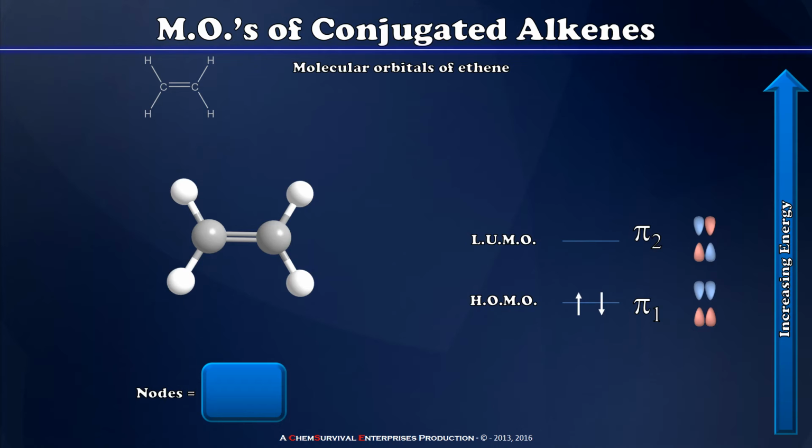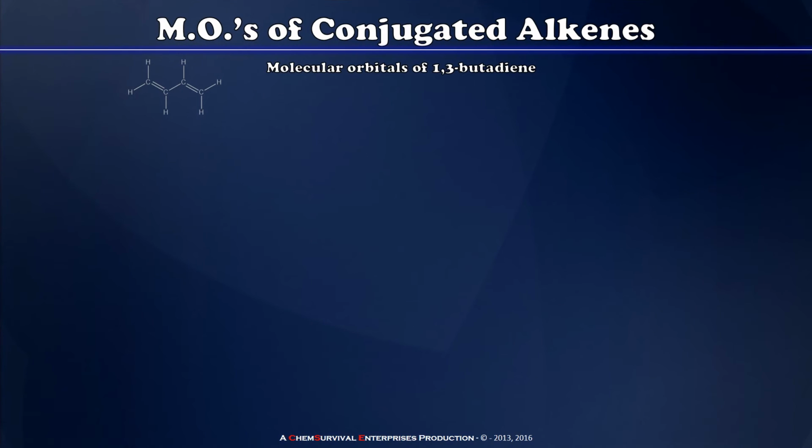This may seem very uninteresting in the case of ethene because there are only 2 molecular orbitals. But as we'll see in a moment here, as the complexity of these conjugated alkenes increases, the number of molecular orbitals and therefore the identity of the frontier molecular orbitals becomes more and more complicated. So let's move on now and take a look at